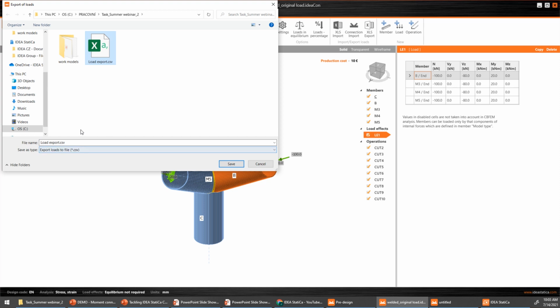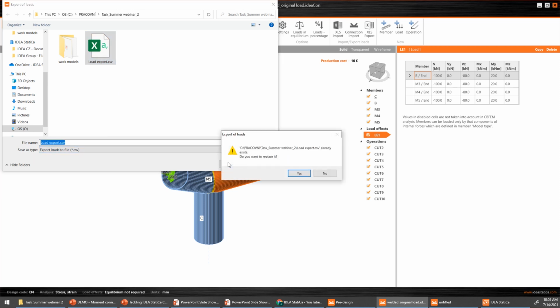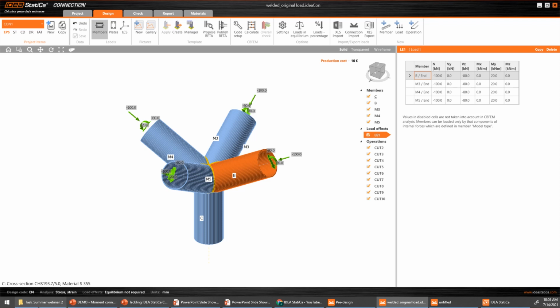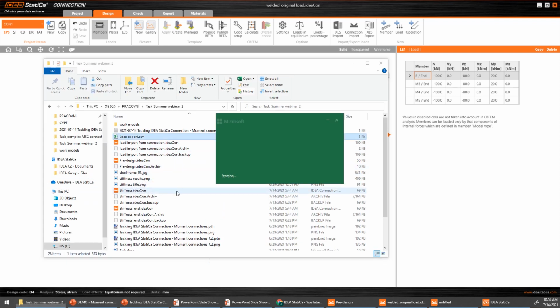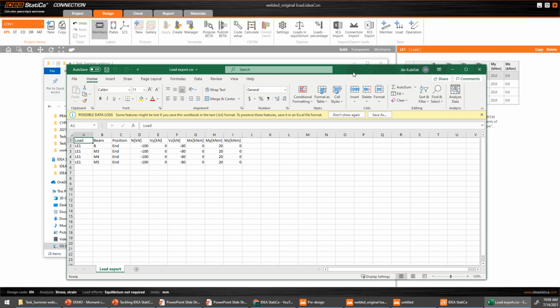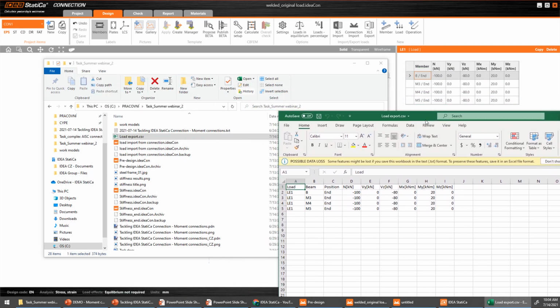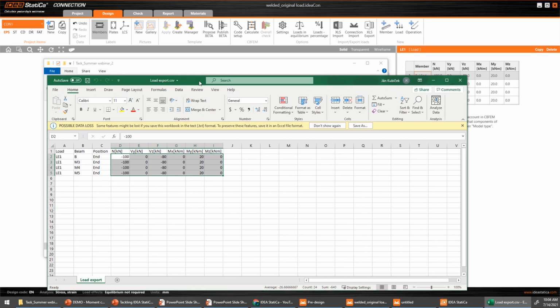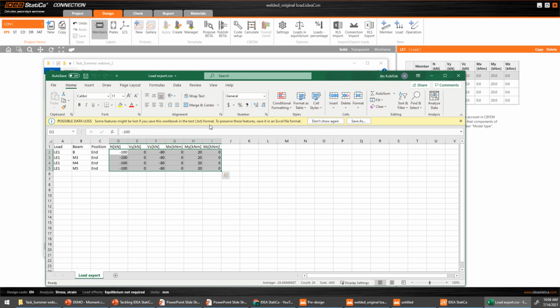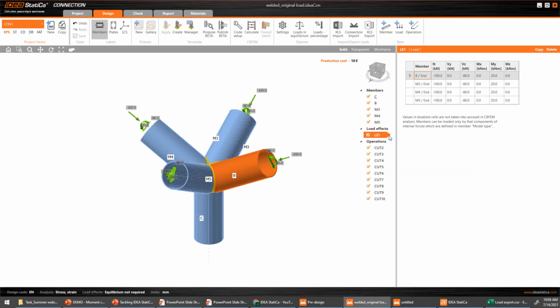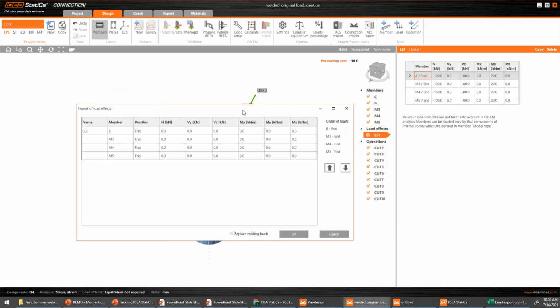So I have prepared some load export here. I can save it there, overwrite, and I will find the Excel sheet in the folder, and I should find the same values in the Excel sheet as I have in my connection model. Great. In the next step, I can use these forces and import them into another model. So I can import another load effect. So by XLS import, I will have some table,